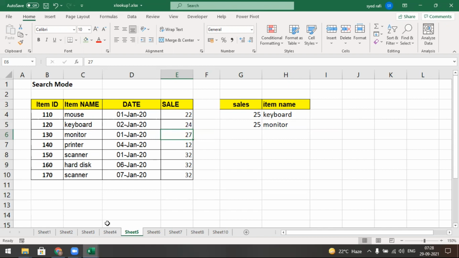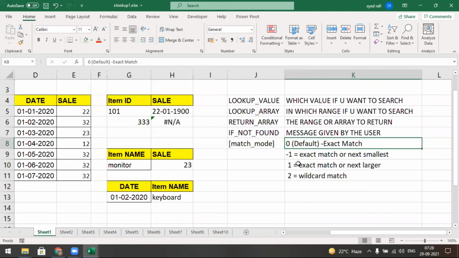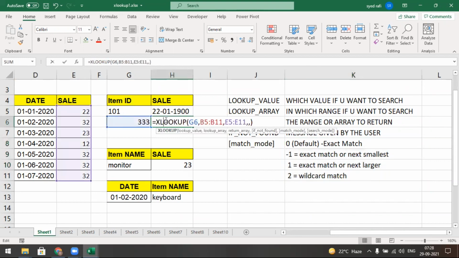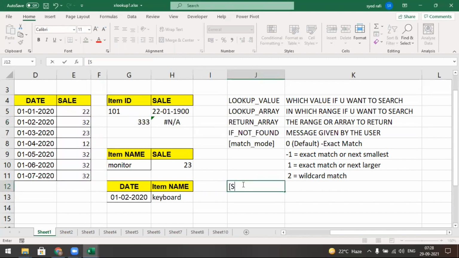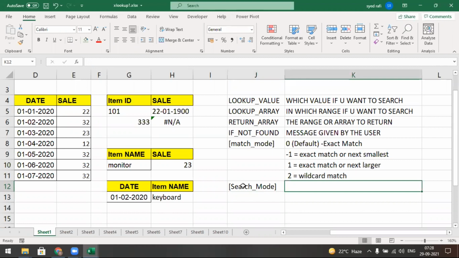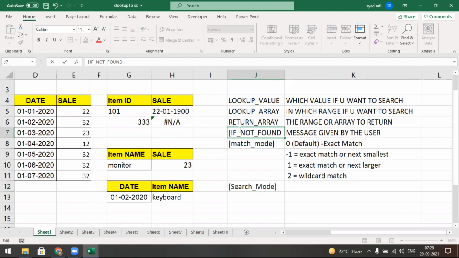So we discussed all the functionalities of this one. Okay, and what about the next one? We discussed the match mode, and now we discuss the search mode. Let's check about this one. Search mode, search underscore mode. Let's check what functions are available here. It is also optional, and I put this symbolically. We represent this one as optional. That's why we can skip this one. It's not mandatory. It's optional.